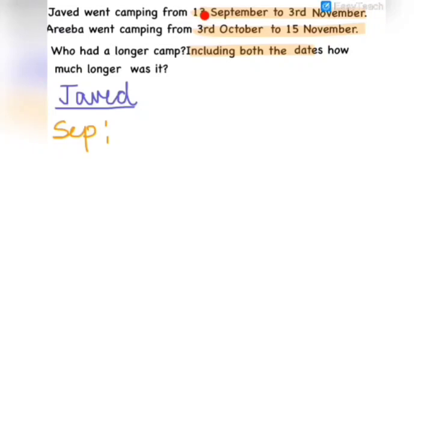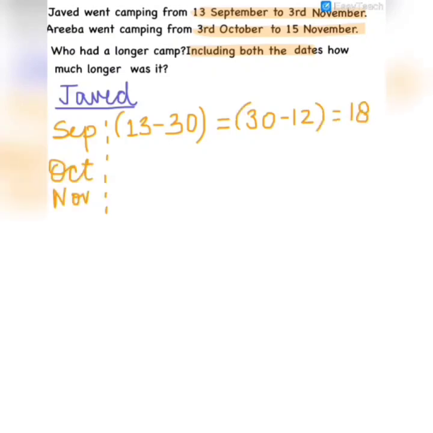So that means from 13 till 31 the days need to be included. First 12 days of September need not be included. So what will we do? We will subtract, September has 30 days, not 31. So 30 minus 12, we will remove 12 days from September. We have 18. Then in October, how many days has October? October has 31 days. So all 31 days need to be included in October.